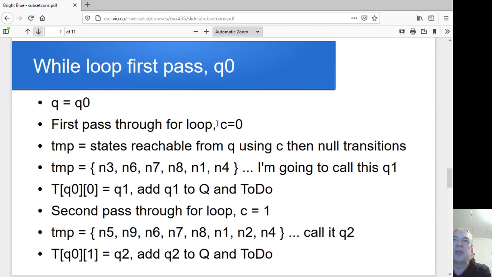All right. So let's go through that first pass where we pull Q0 out of the to-do list and see what happens. I pull Q0 out, and then I've got to go through each of the different input characters and see where I can get to from Q0 on that input character. This is just binary, so we've only got 0 and 1 as our possible characters. So we'll do 0 first. I want to see what are all the places I can get to, starting from Q0, if I see